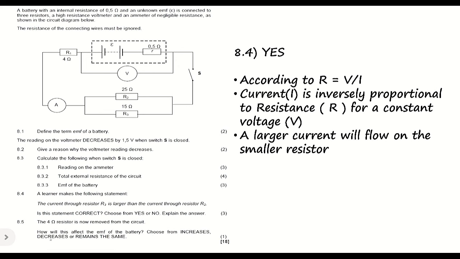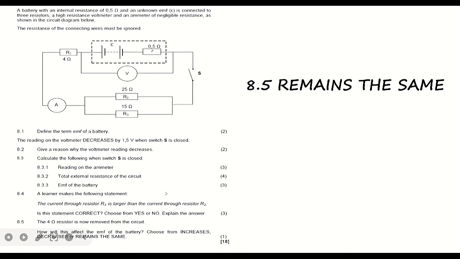Okay, so 8.5 says the 4 ohm resistor is now removed from the circuit. How will this affect the EMF of the battery? Choose from increases, decreases, or remains the same. And our solution for that one is definitely remains the same, because the EMF of the battery is not affected by how many resistors are in the circuit, because this is just the maximum energy supplied by the battery. So whether you choose to put in more resistors or less of the resistors, this does not affect the maximum